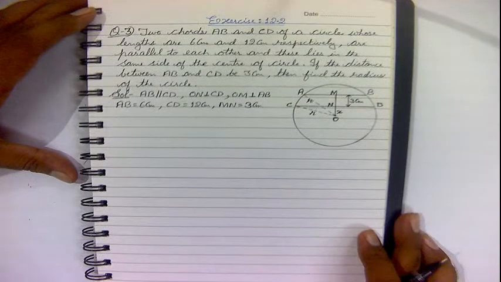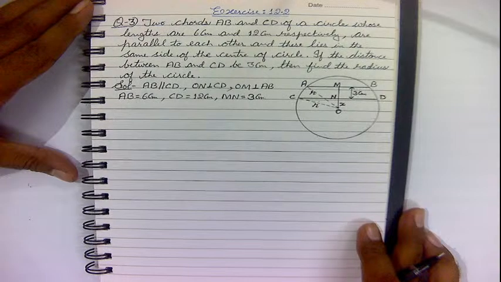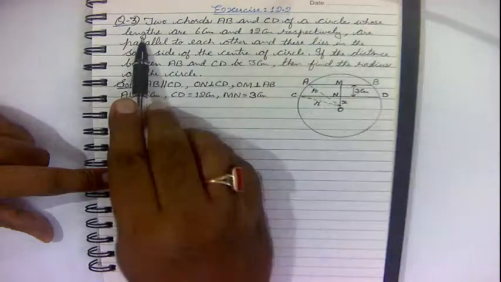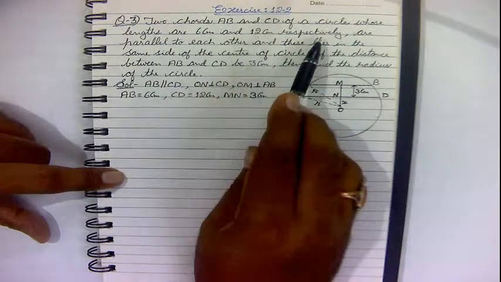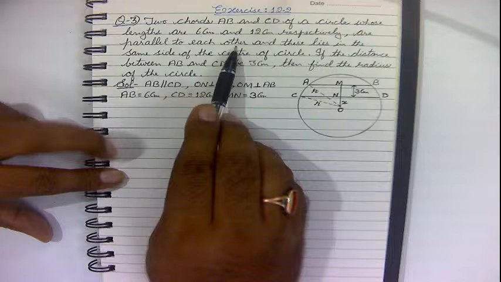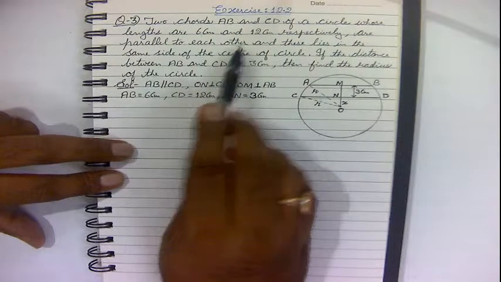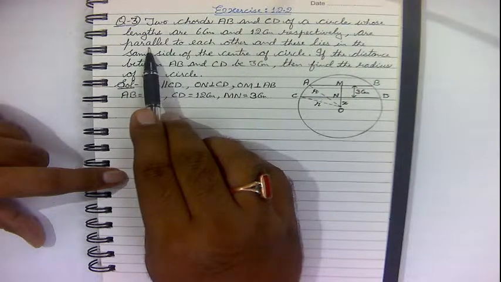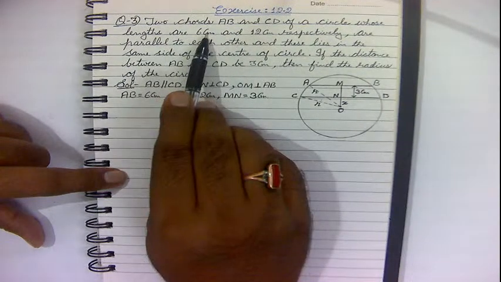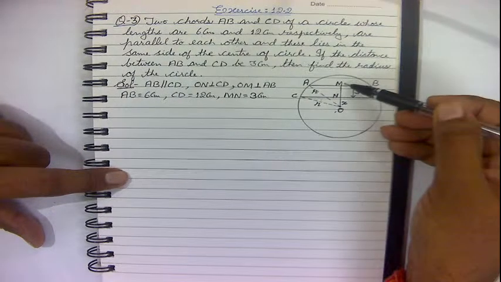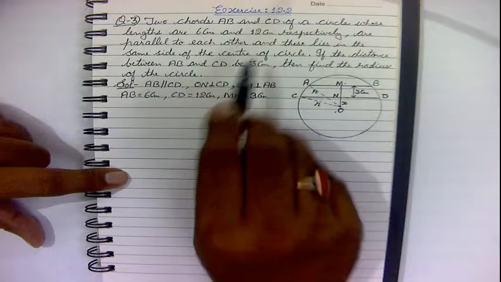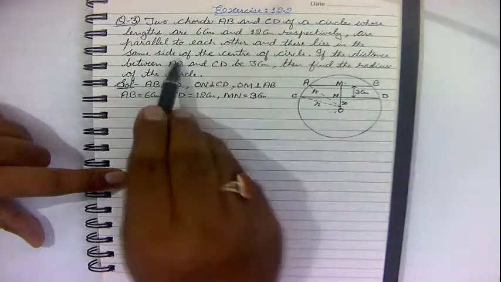Now next, question number 3. Now this question, if you check it out, it says that two chords AB and CD of a circle whose lengths are 6 cm and 12 cm respectively are parallel to each other. So there are two chords given to you. One is of 6 cm, the other is 12 cm, and they both are parallel also. So 6 cm chord, smaller chord, will be away from the center, and 12 cm, the longer chord, will be near to the center. And it is also given that these lies on the same side of the center of